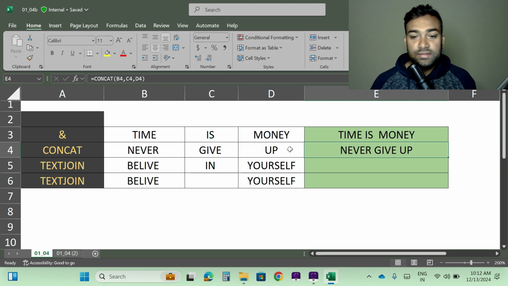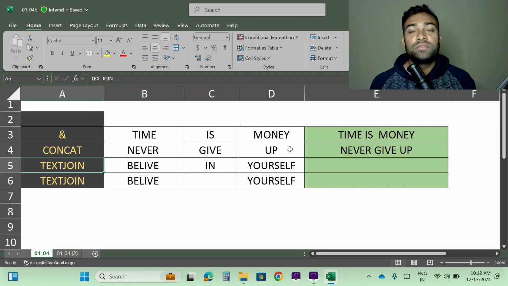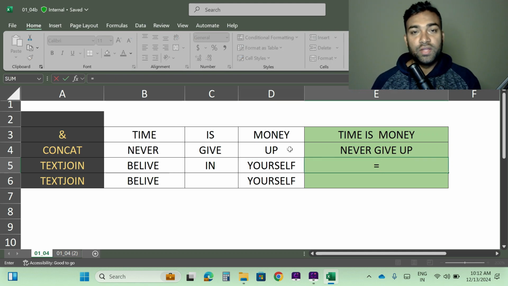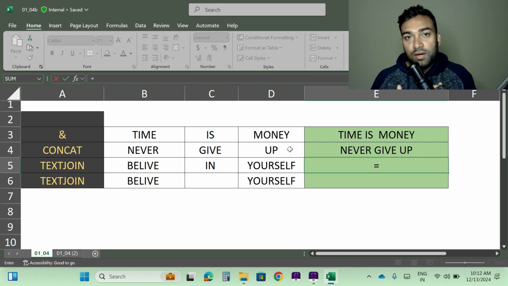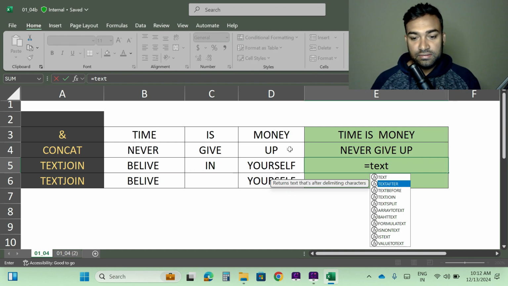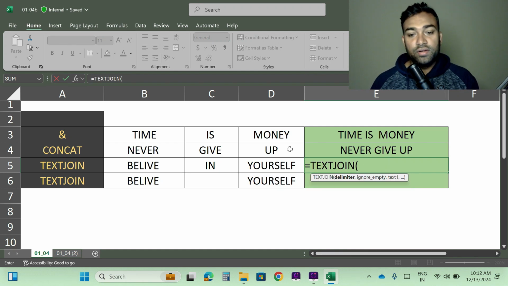Now here is the third one. Third one is TEXTJOIN. This function we will use to join these three words. Okay, and we want to get it in a single row, correct? So now what we will do is equal, that means we are going to start a formula. So here it is TEXTJOIN, tab means the open parenthesis,